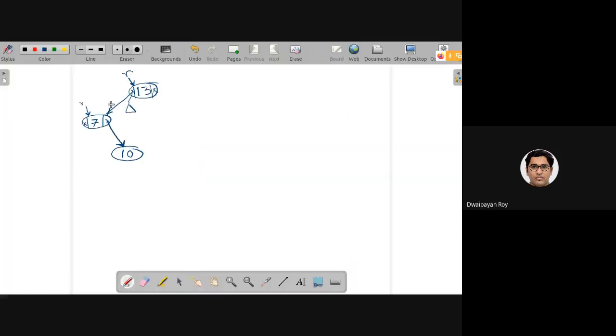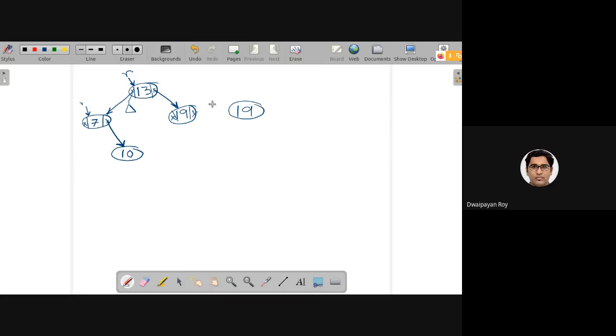So for example, considering this tree once again, if I want to add say 19, 19 will be created as a node here, and this will be pointing to here. If I again want to insert 19, the popular convention for handling this scenario is to ignore the repetition.